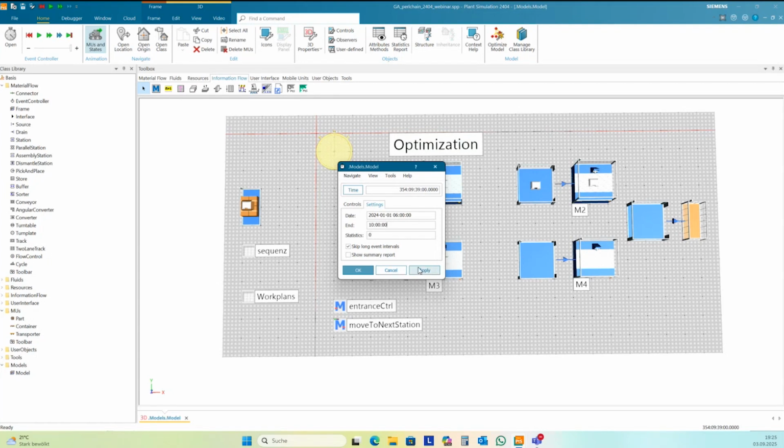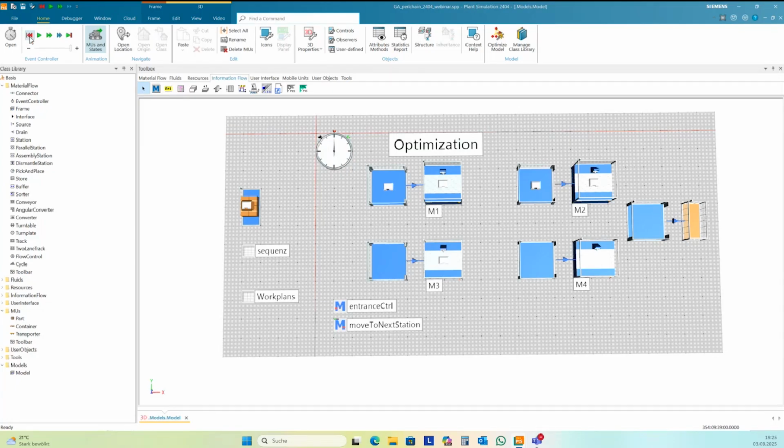I don't have stochastic elements here in this small example model, and so I don't need a very extended simulation time. But to run the optimization, you need to limit the time here, otherwise it doesn't work.